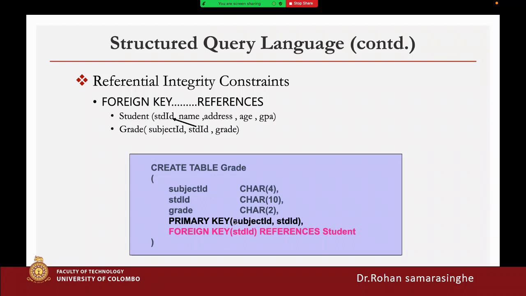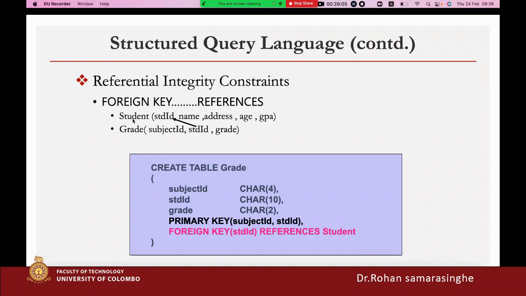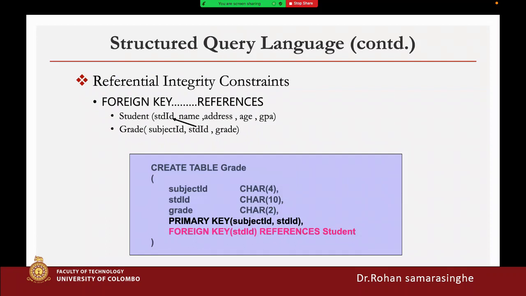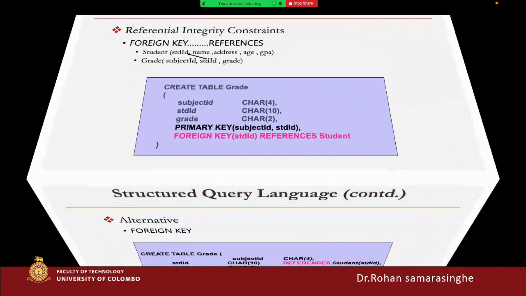The primary key here is made of two, a composite key, subject ID and student ID. And the student table, which we defined previously like this, has student ID, name, address, age, GB, NIC and grade. If you want to create the relationship between the student and the grade, we can create the relationship